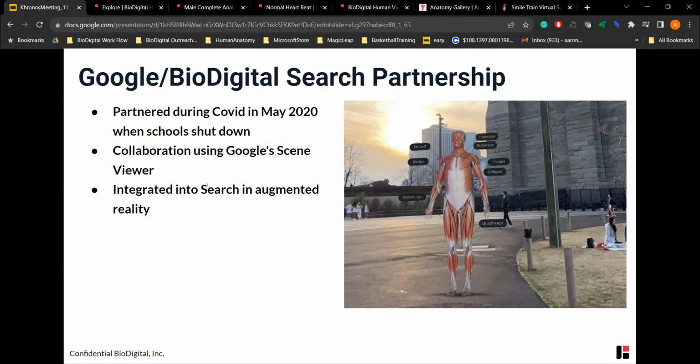So if you were to go on Google, skeletal system, you would get, I think, like halfway down your view, you'd see 3D models. It takes a little bit to scroll down, but it's integrated into the actual search. And if you click on it, it will work in augmented reality on a mobile device. I don't know exactly how many views it has, but it's a pretty ubiquitous, large implementation. So any of the systems we have, skeletal system, muscle system, they're reduced and optimized, but they work great in